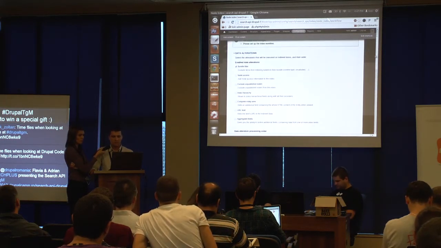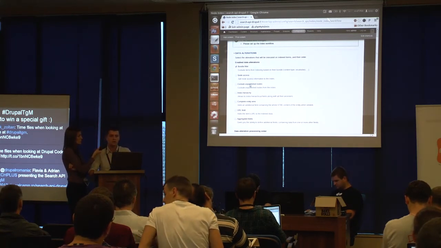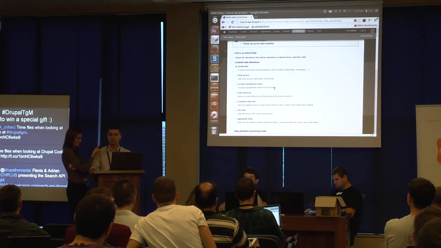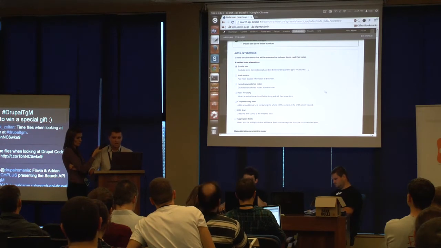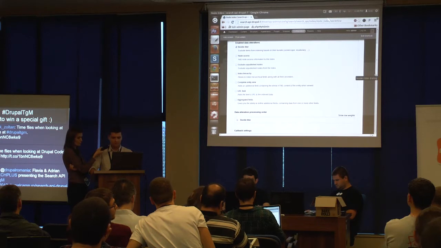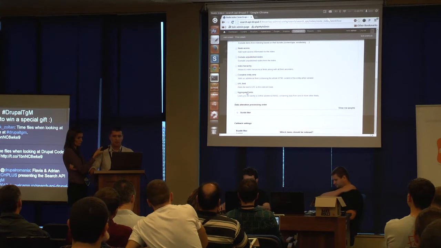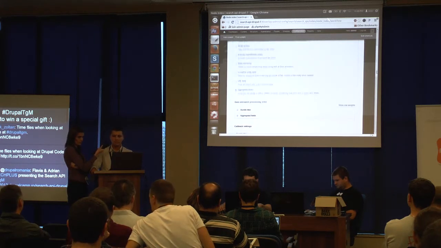And we have some more options like node access, so we can also index the node access value, exclude unpublished nodes, and index hierarchy. This is very useful when it's about taxonomy terms, so that we can index the parent and its parent. So we can index the data hierarchy. And we have some additional options here, which is very useful for aggregated fields. That means if I activate it, you can see below